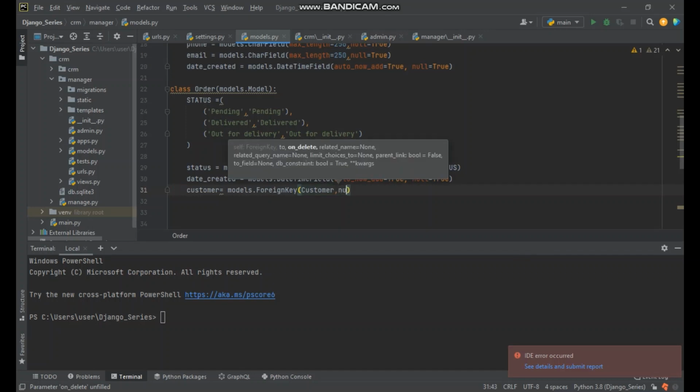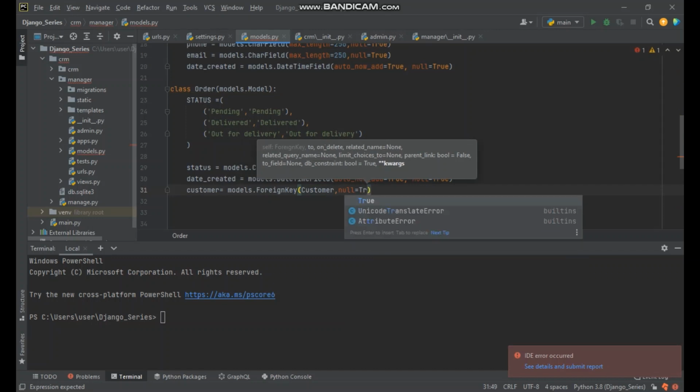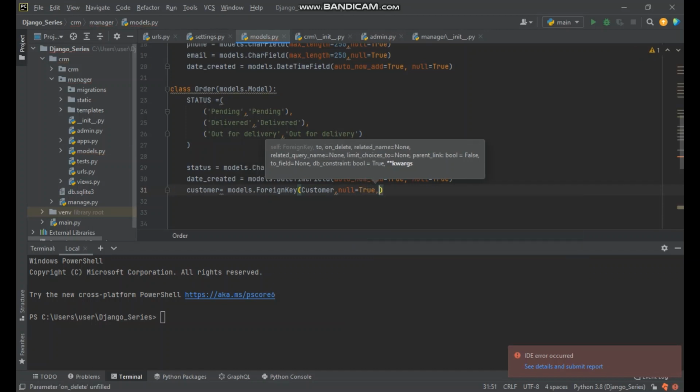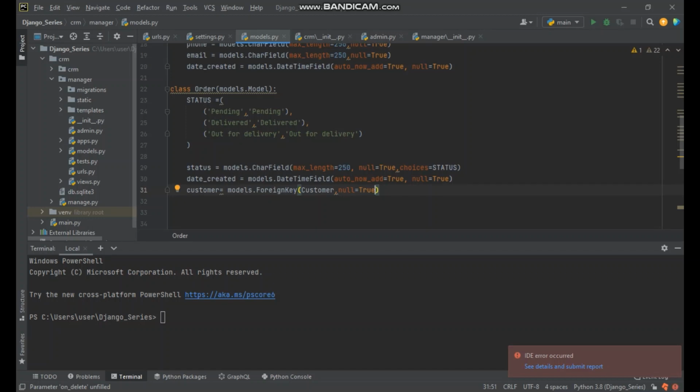And then we go ahead, we say null is equals to true. Remember, we do this so that we will be able to migrate our database. Yeah, I think that's all that we need to do. And then we're gonna also do the same for product, right? We're gonna say product,